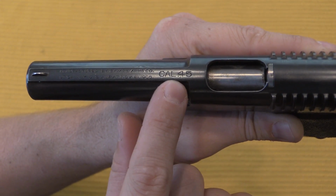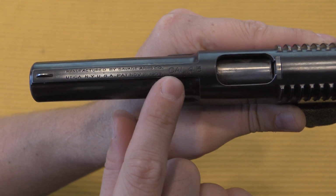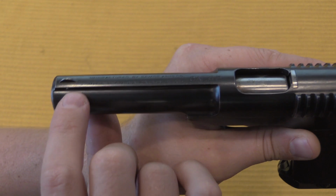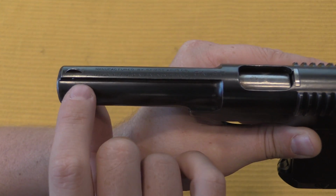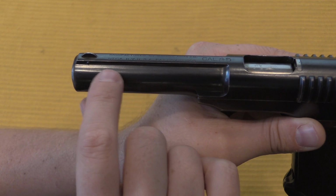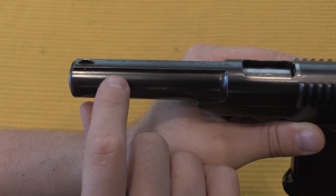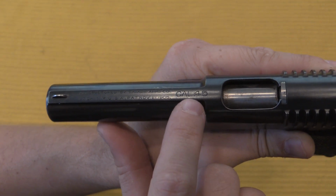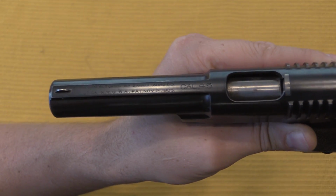Now, when Savage got these guns back and refinished them for commercial sale, they actually polished off this 2-line address, and they replaced it, for some reason, it's really not clear why, with a 1-line address right here on the barrel cover underneath this rib. So if you see that, a 1-line address here with a caliber 45 marking, that is a Savage refinished commercial